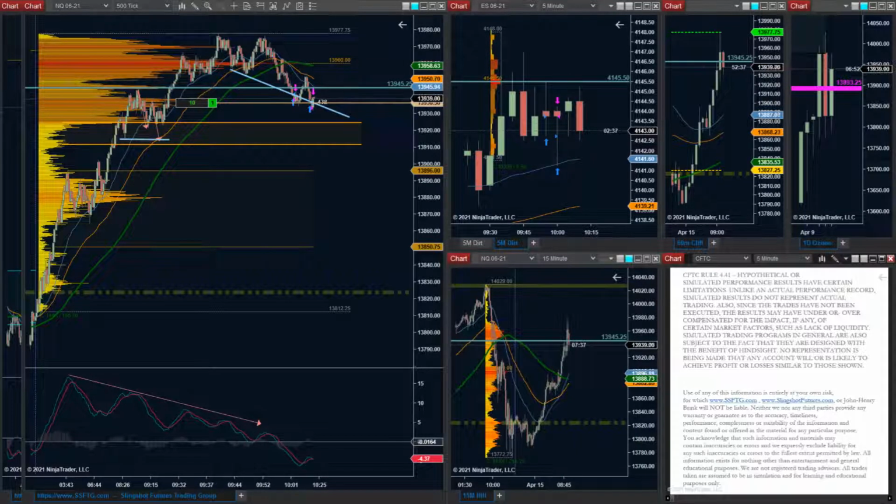And every time my original entry point fails, I don't want to give up like 30, 40, 50, 70 ticks at a time. I'd rather just give up 5 or 10 and then look for the rotation back up and try to bag 80 on the way higher. They might have a nice little break-even jiggle in this zone. But I want to see them respond.